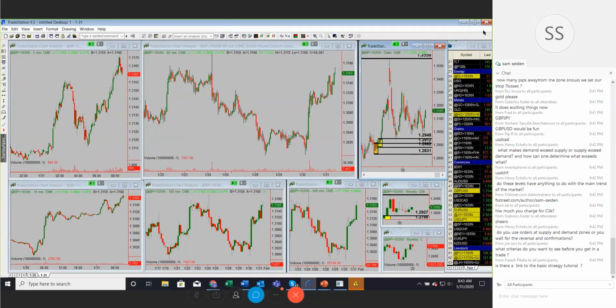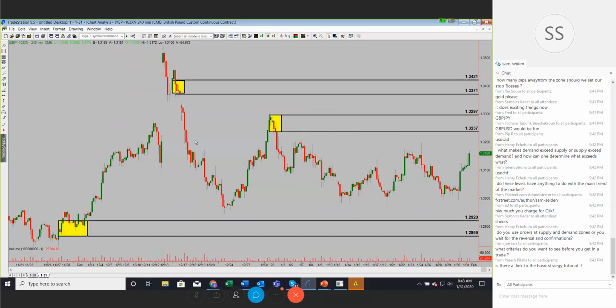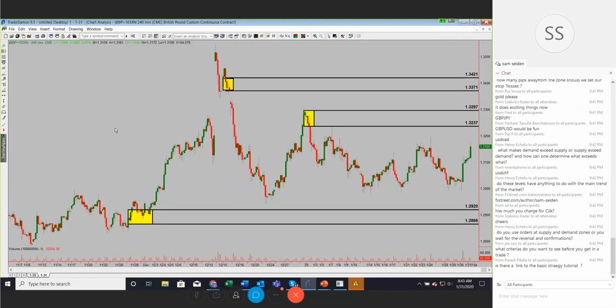Okay, so let me take you down to a smaller time frame chart. Here we go. So now, because we just saw where price is at in the pound in the big picture, we have some supply and demand zones we can possibly trade off of here in the smaller time frames. Should we go with full risk? Should we be risking the same amount of money, or the same percentage of our account, here as if we were closer to one of those larger time frame supply demand zones?